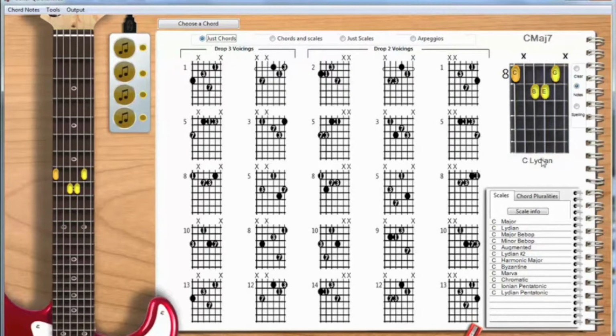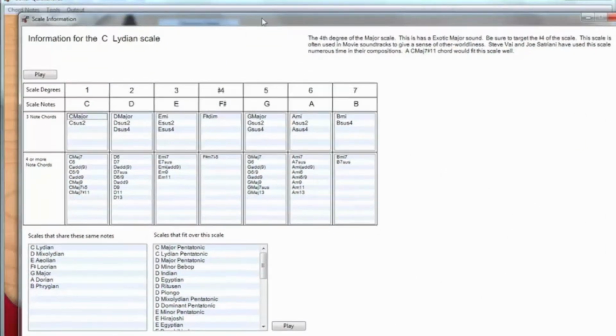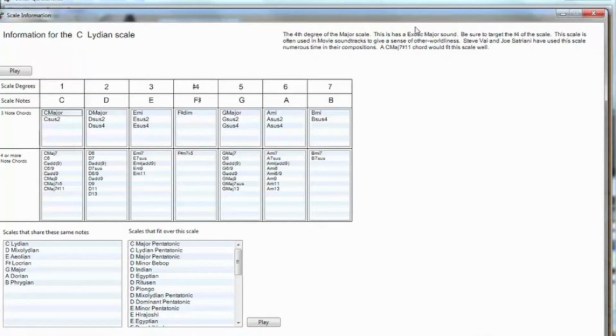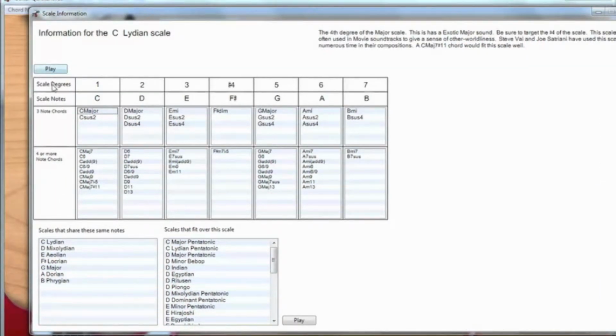We know that we're dealing with C Lydian, so if we wanted some more information about C Lydian, we can click on Scale Info, and we get a window here with information for the C Lydian scale. We've got the scale degrees, 1, 2, 3, sharp 4, 5, 6, 7. We have the scale notes, C, D, E, F sharp, G, A, B. We have all the 3-note chords that fit this particular scale. For example, these are all the C major,